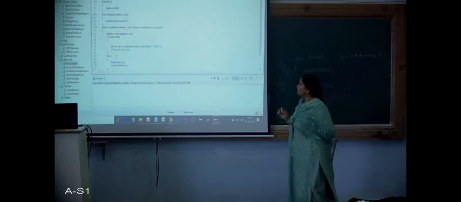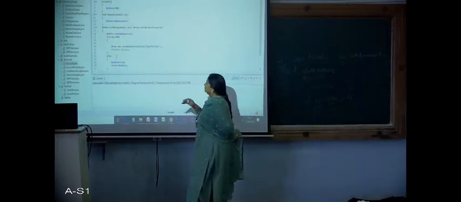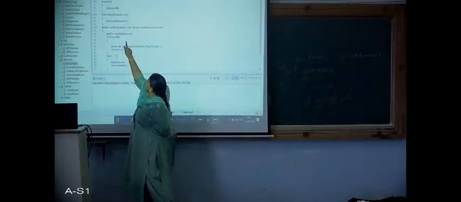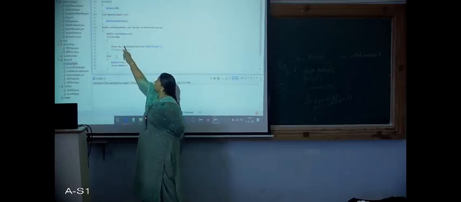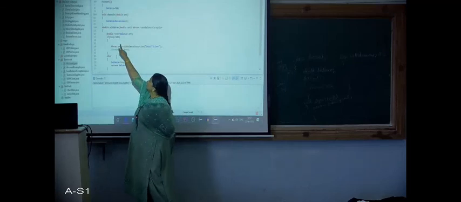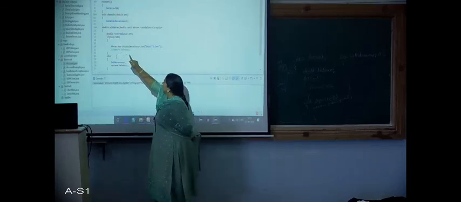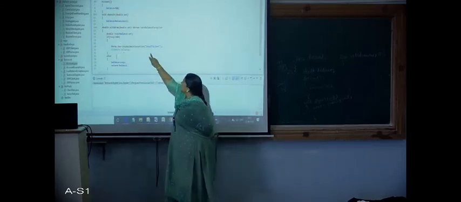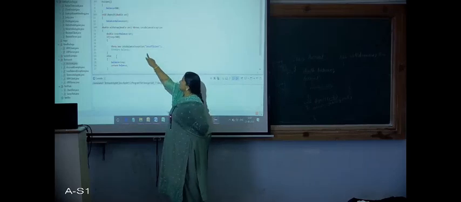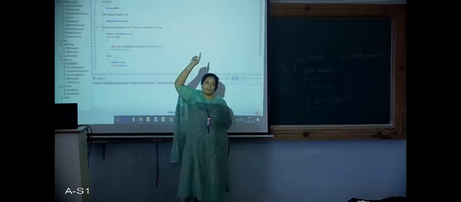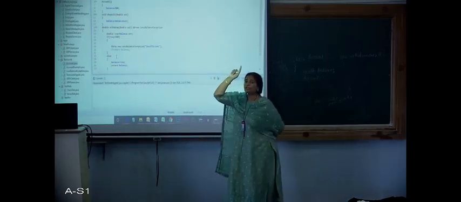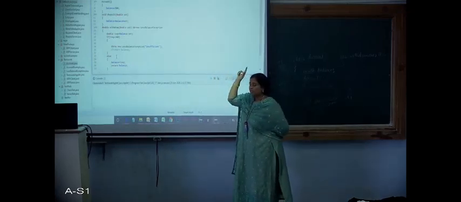So what I have written here is, after deducting balance minus amount, whatever is there, I have taken a variable temp. If that goes less than 500, then we are throwing the less balance exception. Here you can see that insufficient, some string I have written. So where will this go? This will go to the constructor.